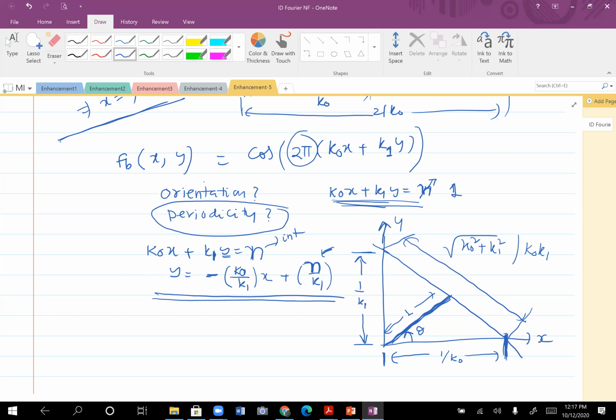What you would end up with here is very simple math. L will be equal to, any idea? Root k0 square plus k1 square. Right, very good. Did you work it out now? Sir, it will be root, I think, not 1 by root. L will be equal to 1 by root. Try it out yourself. I'm just giving you L directly here. And theta is very easy to find out. Theta equals tan inverse of